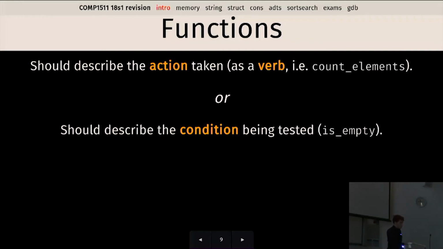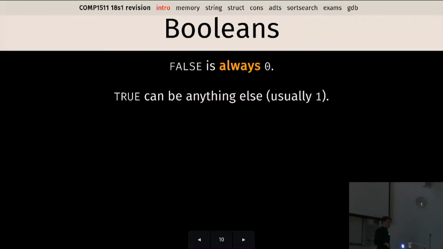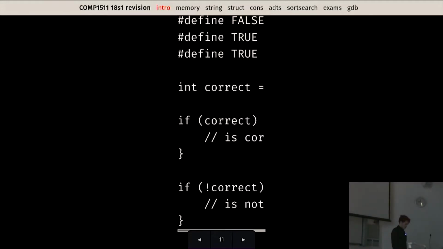Booleans. I mentioned earlier that false is 0 in C. False is always 0. You don't get to choose whether or not false is 0 or 1. False is 0 because that's how it works in C. That's how it's defined. True can technically be anything else, but normally for sanity we just make it 1. So there's a few ways that you can do that. Apparently,